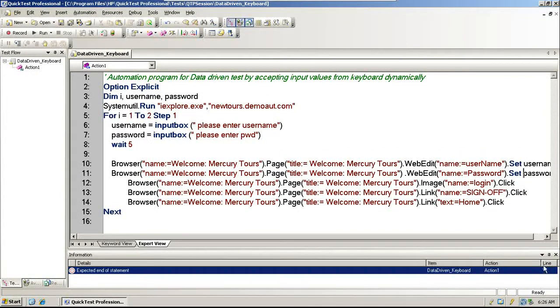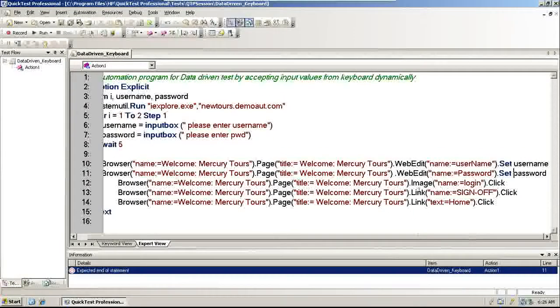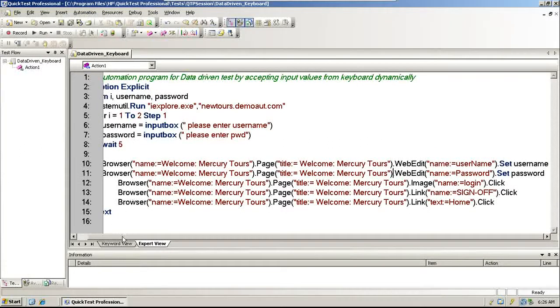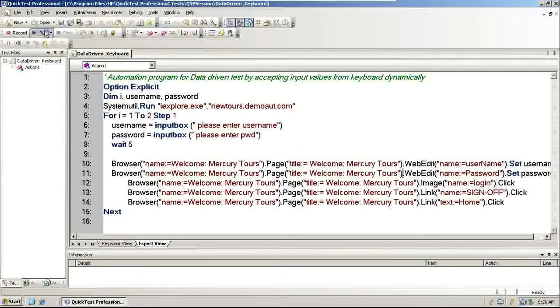So line number 11, if you get any synchronization errors, here line number 11 has some problems. How do you see? Here before dot there is a space, that's a syntactical error, that's why it's showing. So you have to remove it, there shouldn't be any spaces. Now if you save, no errors, it's gone. So I'm going to run it.